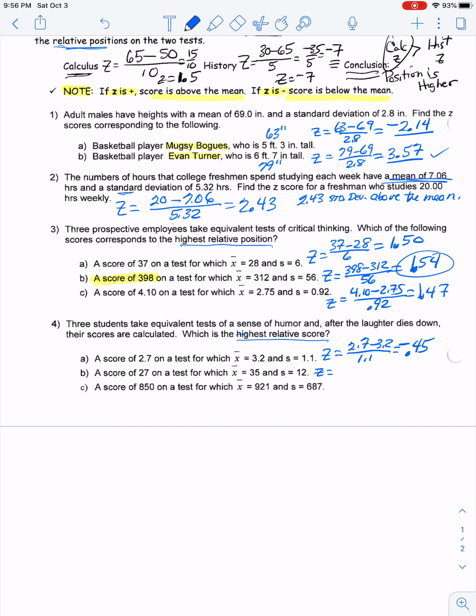Okay, second one. Score of 27 minus 35 over 12. Divide that, we're at negative 0.67. And again, we are below average. Okay, and the last one, we have a z of 850 minus 921 over 687, which will give us a z-score at, let's see here, negative